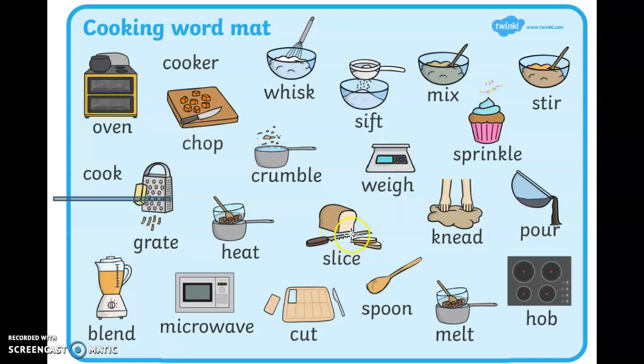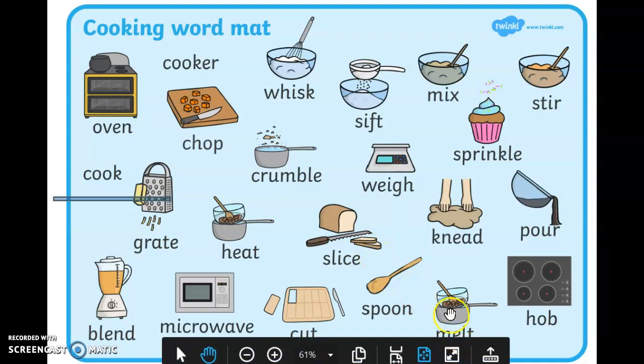Slice is for bread or meat or cheese when you cut it in pieces like this. Melt is when you make something warm so that it turns into a liquid. Hob is the gas where you cook your food. Pour is when you